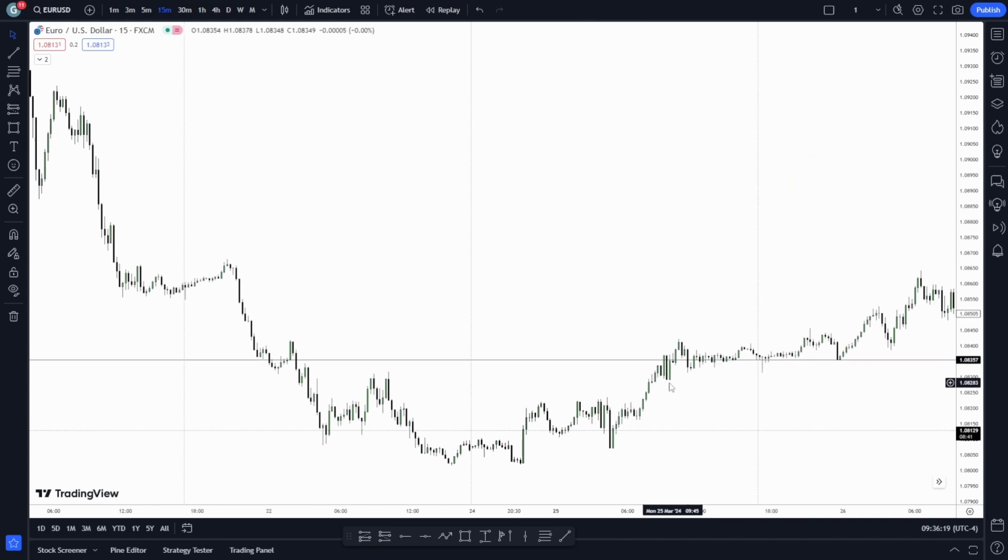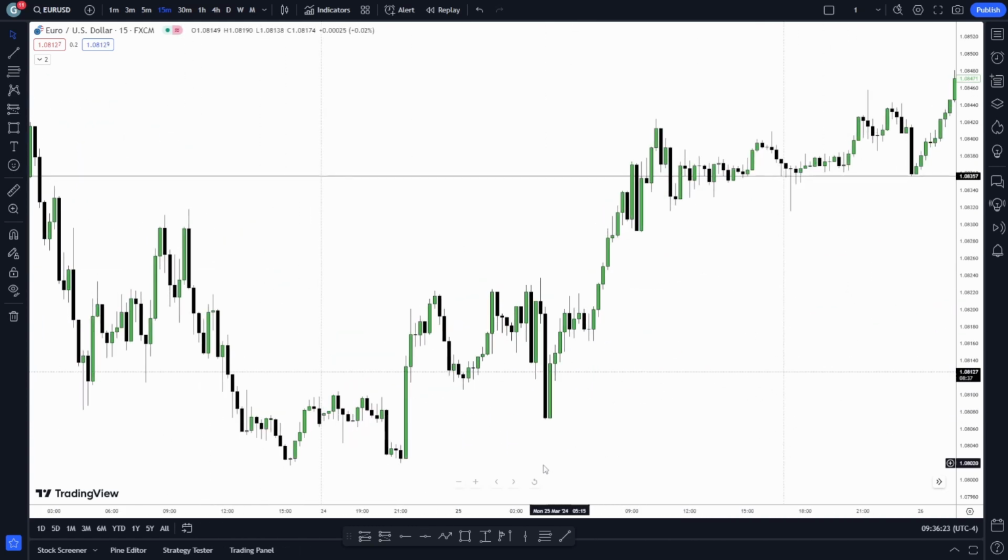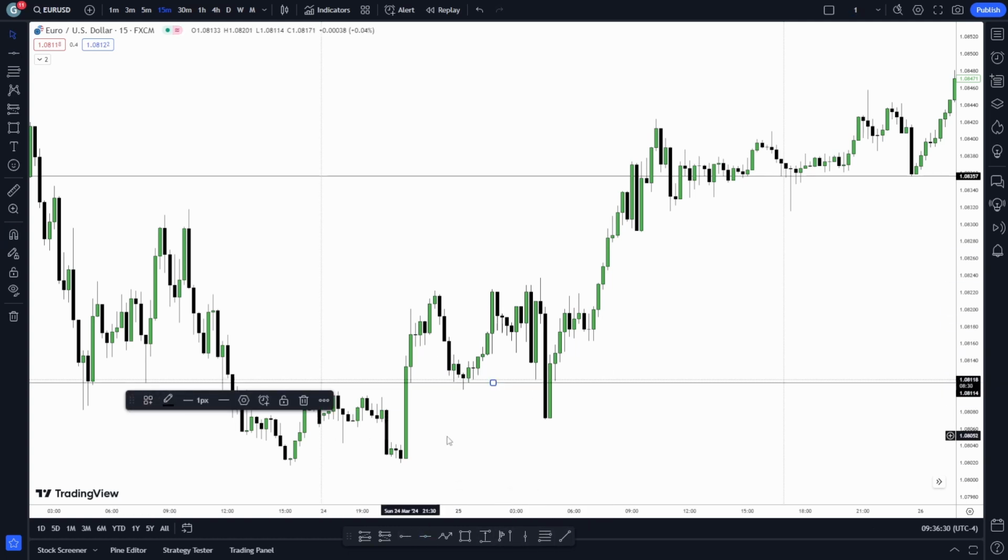So I can show you. Wait, this setup happens every time. So look over here, the setup is over here also. So if you look at it closely, okay,